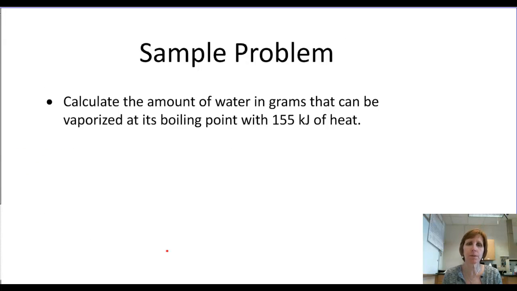So let's do a problem. We have a substance, we have water that is being vaporized at its boiling point, so that tells you 100 degrees Celsius, and we are given 155 kilojoules of heat. We want to find the number of grams. So let's start with what we are given. We have